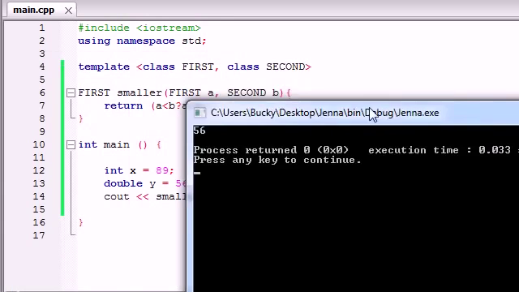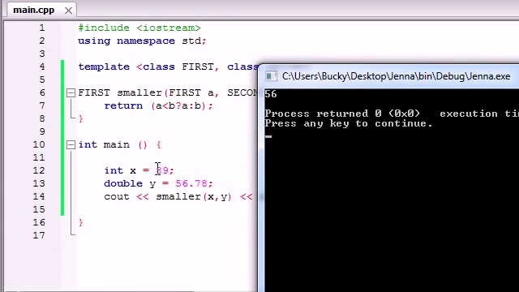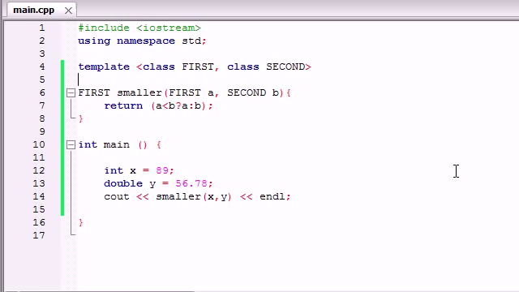make sure it works. As you can see, we compared 89 and 56.78, and it turned that double 56.78 into an integer. And you're saying, alright, we just compared two numbers, so shouldn't it be giving us just 56.78? Why did it chop off the 78? That's because of this. Whenever we built our function template, it pretty much saw what type of data we were